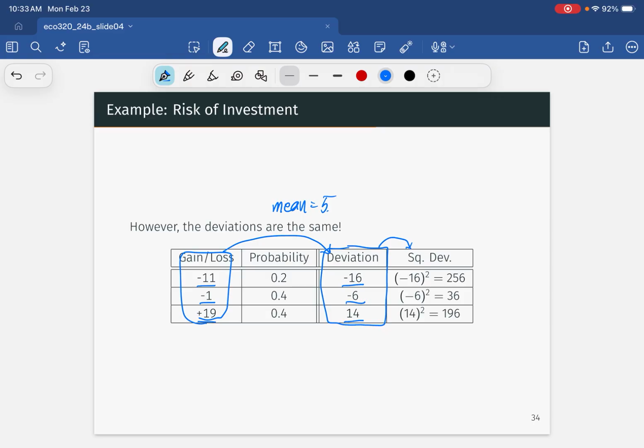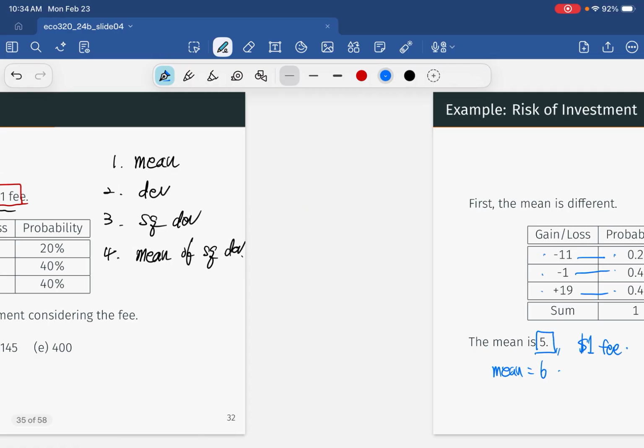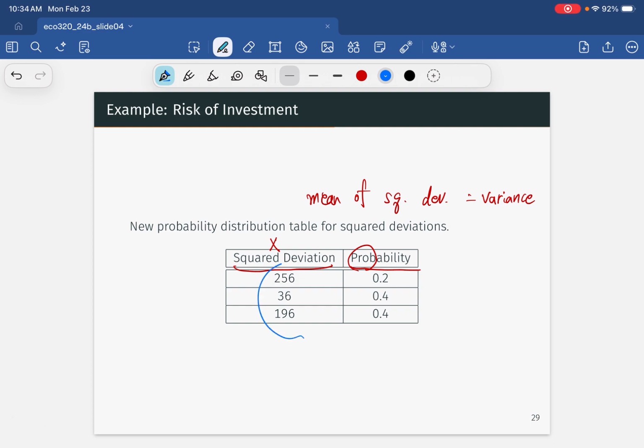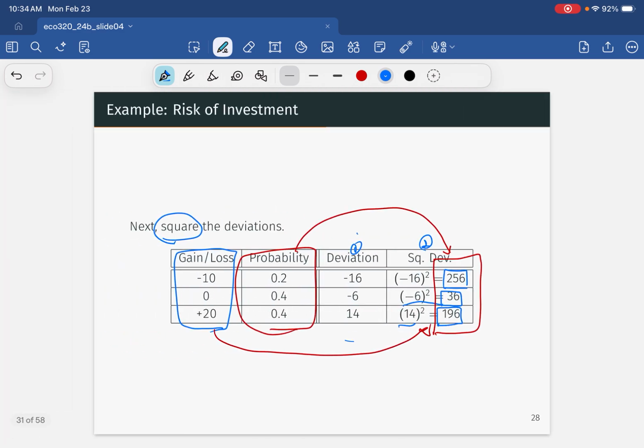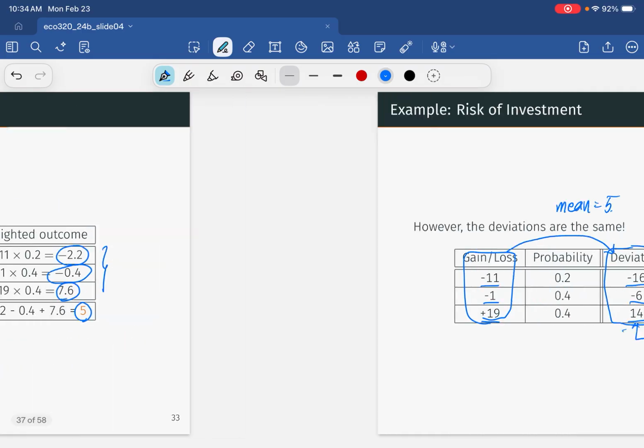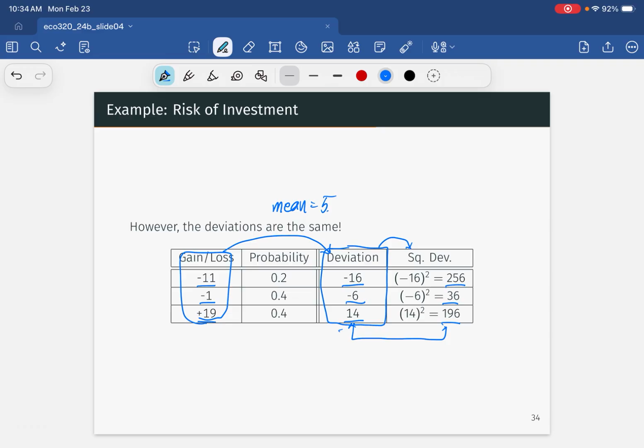By the way, you remember these numbers are the same as before. The deviations and the squared deviations are identical to the previous example. So back to the new case, we get the same deviations and squared deviations. That's because